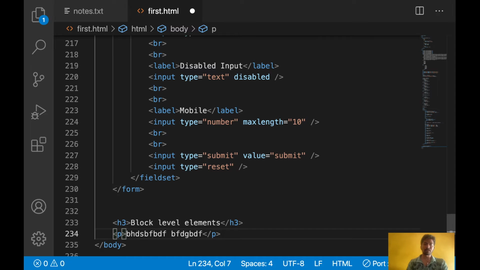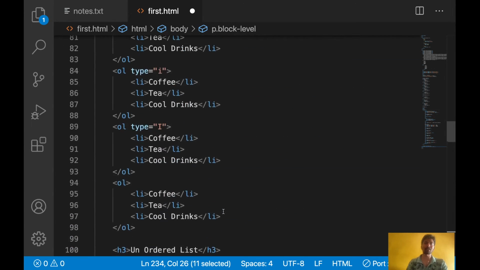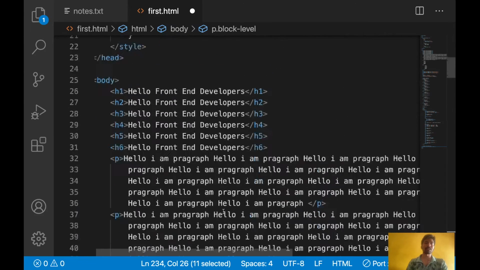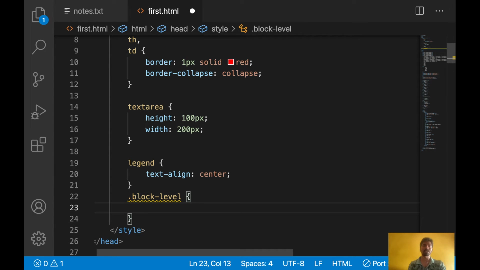Using some class I can give the border. So instead of using this tag, I'm using some class for giving the styling. Okay, if I use the p element, that will apply to all paragraphs, so I don't want to apply that, so I used some class here for giving the style.